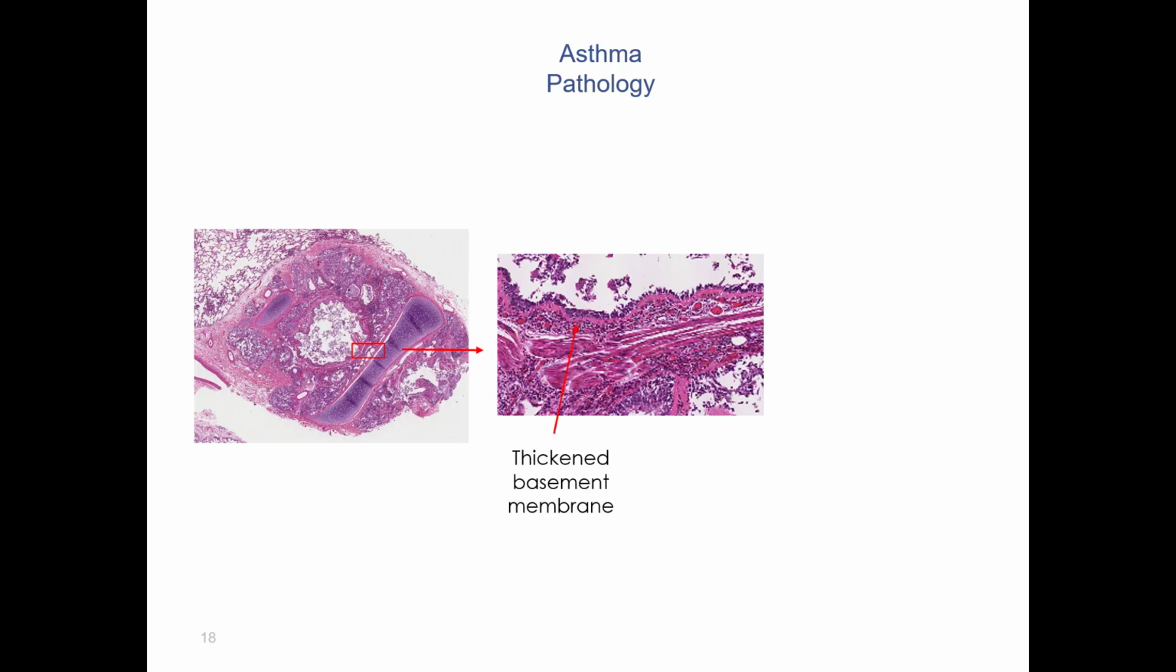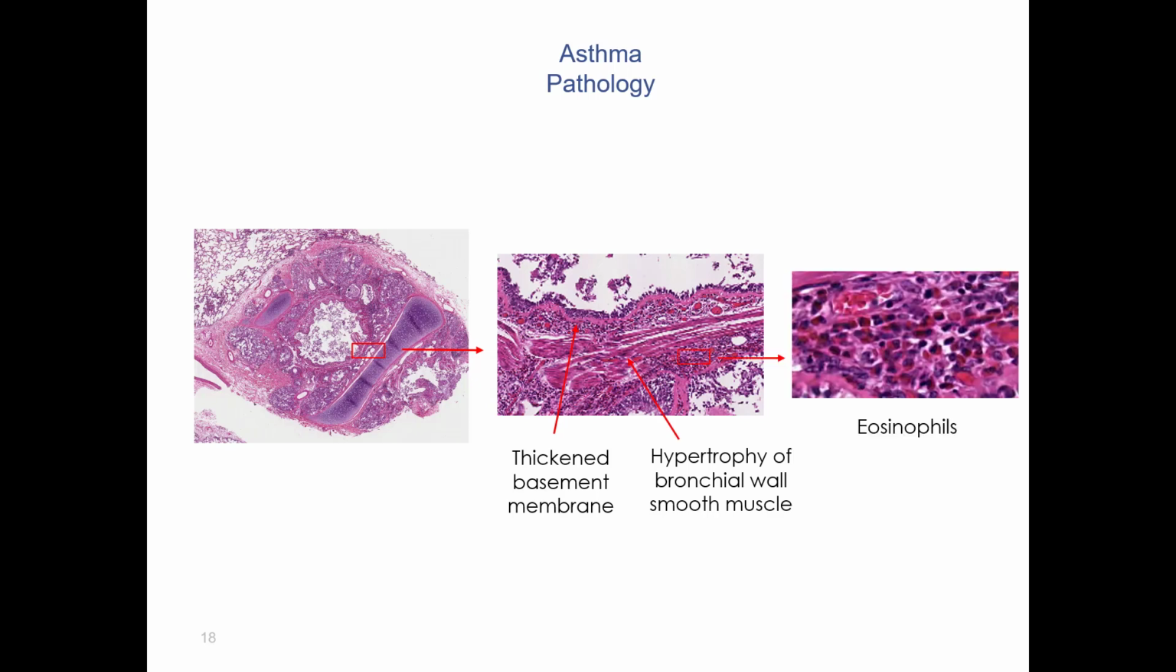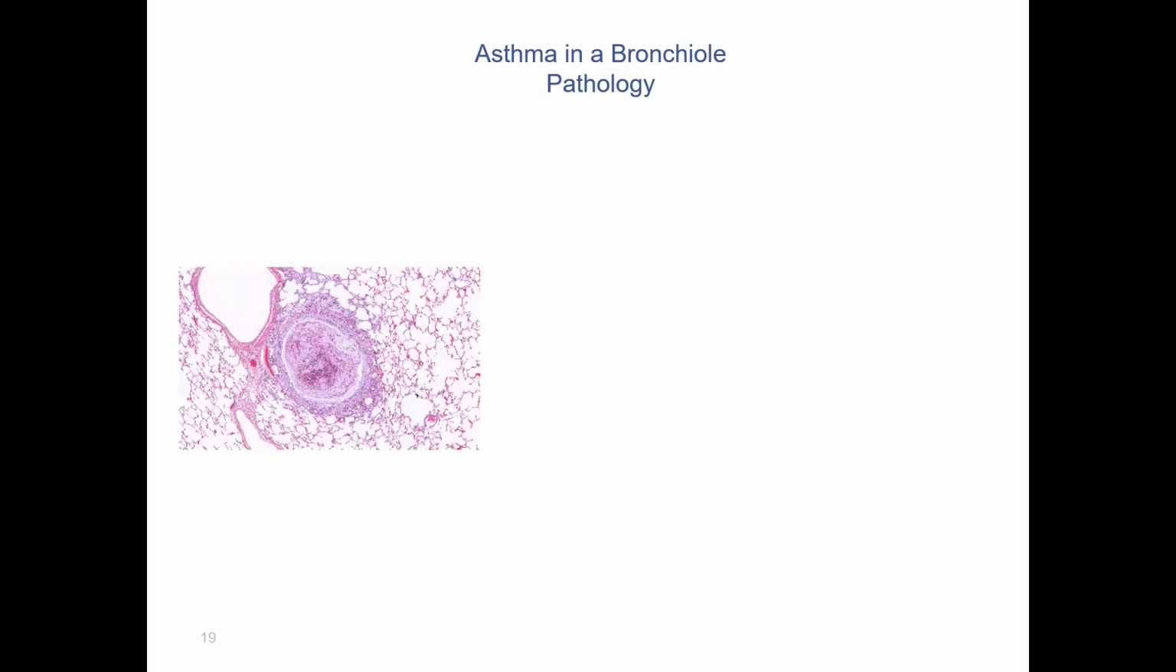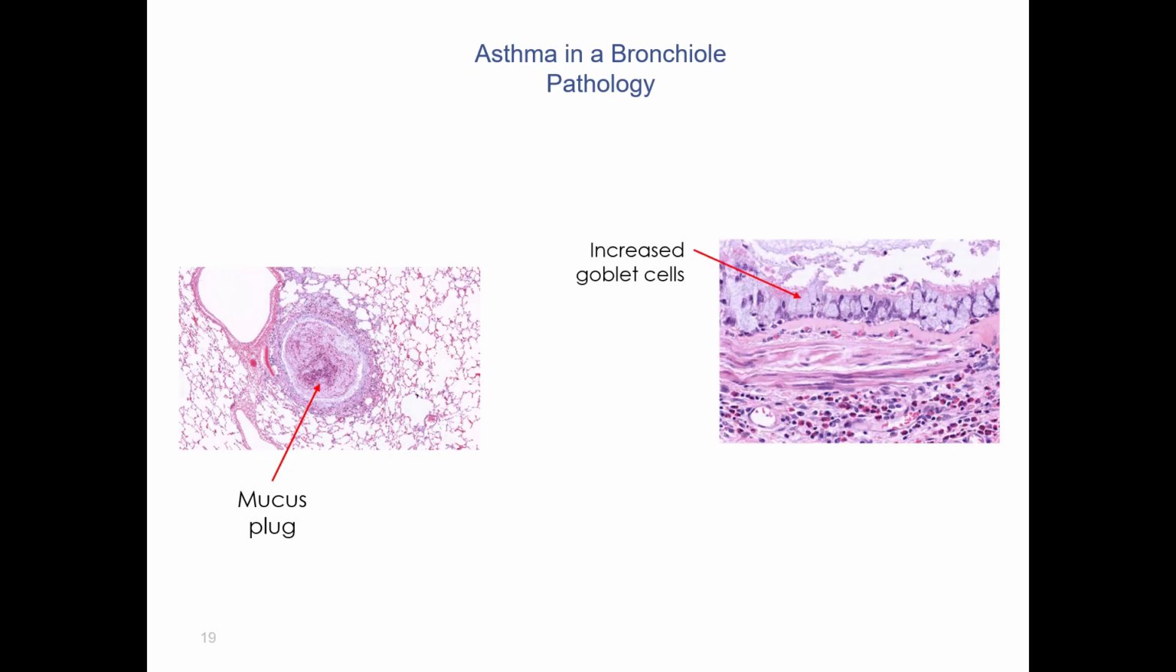You can see there is a thickened basement membrane and very thick smooth muscle. Here on the right, I've shown the eosinophils. This is a picture of a bronchiole. You can see there is a mucus plug. Here on the right, I've shown the increased goblet cells, the thickened basement membrane, the hypertrophy of the smooth muscle,